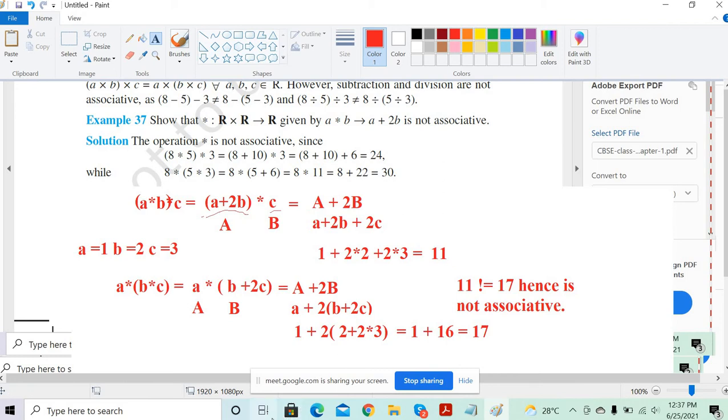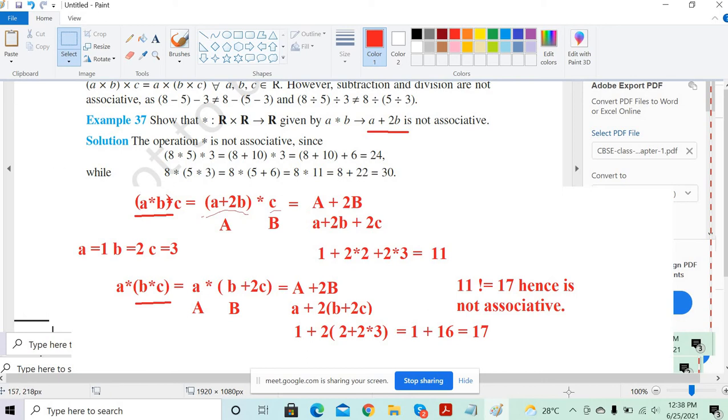Sure? You can take any values. A is not only 853, you know, so I just took other values. Basically you just need to compare. When you do A into B, you group the first two terms together, and now you group the second terms together. As per the relation, this is the relation for you, A plus 2B. So it's not coming the same, isn't it? Any questions? Any doubts? No, sir, it's fine.